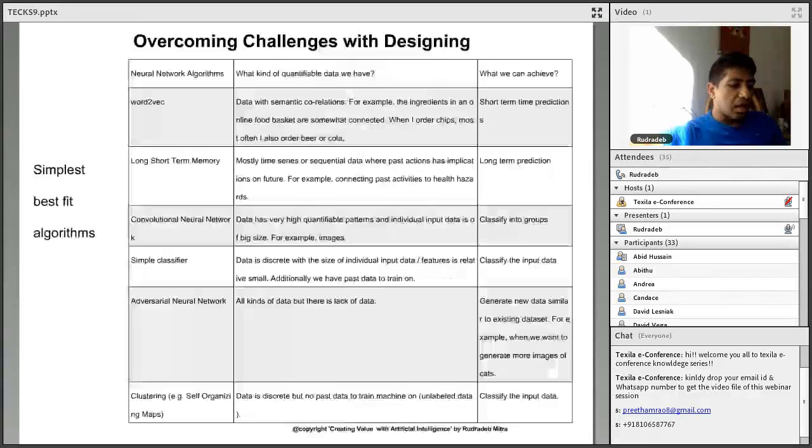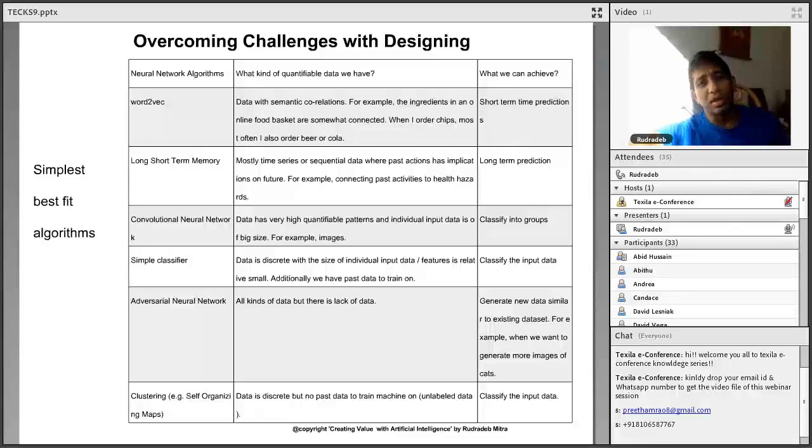And then finally, I want to talk about one thing about the design. I often say, pick the simplest, best fit algorithms. I know you guys are technical, and there is a strong desire among technical people, having myself been an engineer, to pick the most complicated algorithm. We want to show that we are doing some crazy and very difficult algorithms, but most problems in the real world are actually very simple. You don't need to know much that is complicated.